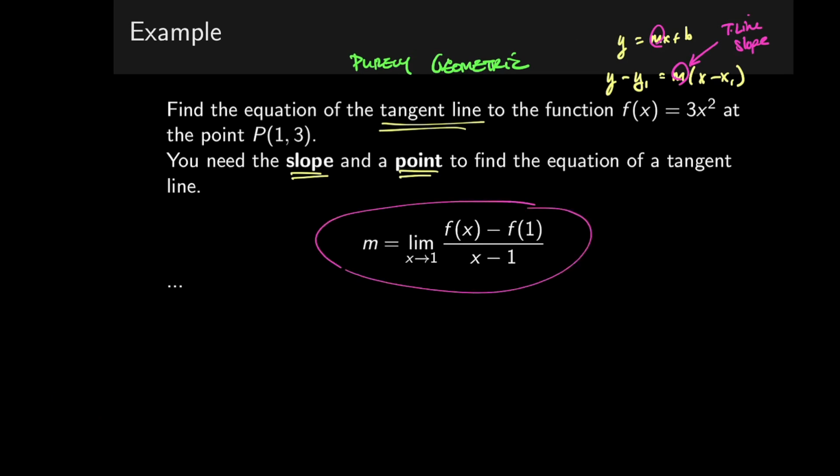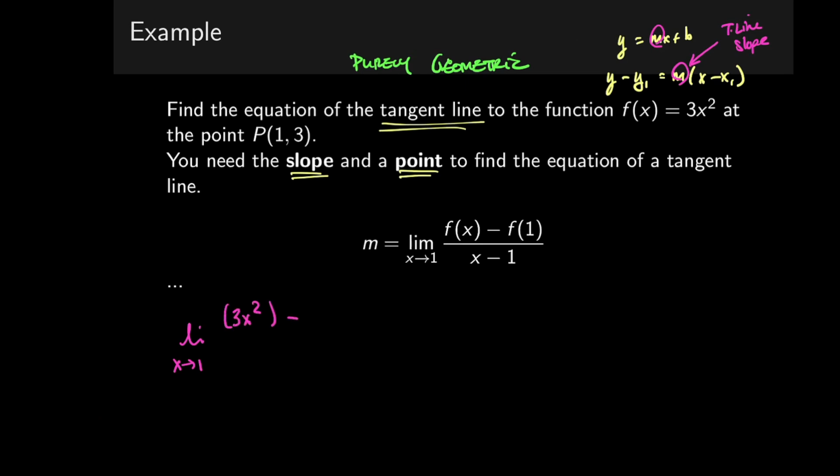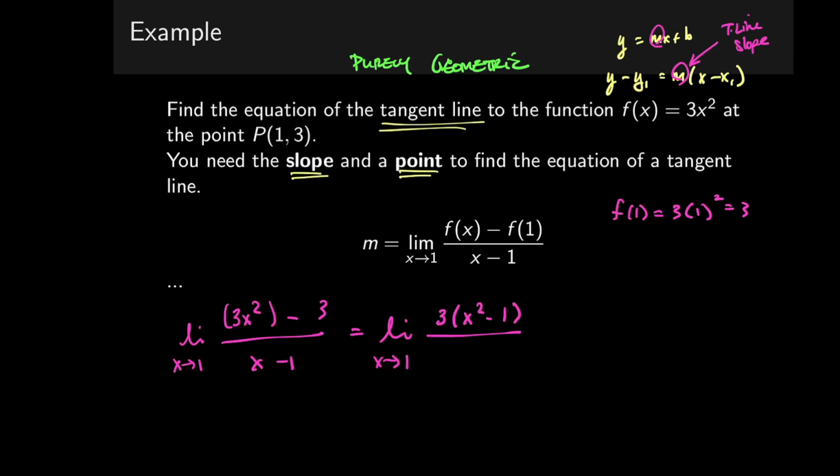And this is how we find that particular slope, by taking the limits of the slopes of the secant lines as x approaches 1. So we take the limit as x approaches 1 of f(x), which we know is just 3x^2, minus f(1). Well, f(1) is just 3 times 1 squared, which is 3, all over x - 1. This is the limit as x approaches 1 of (3x^2 - 3)/(x - 1). If you'll notice, I can factor out a 3 up top,